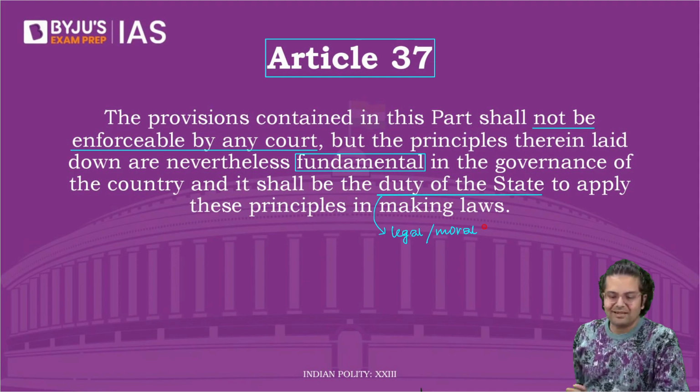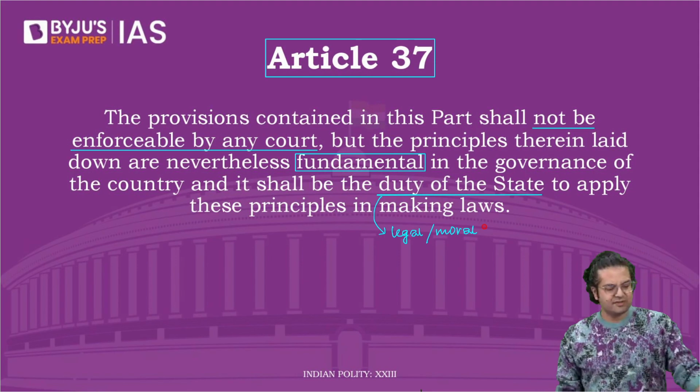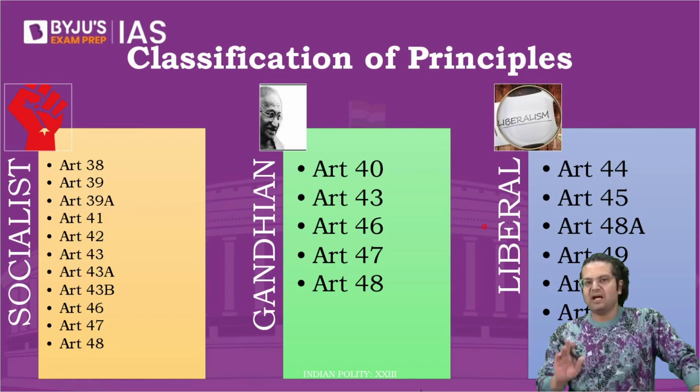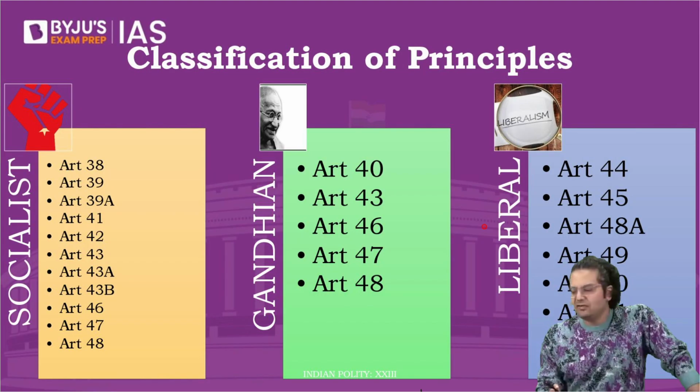Okay, that's DPSP. Now let's read these provisions, and let me tell you, there is absolutely no need to mug up the articles. It is firstly not possible. You may know the crux or content of the popular ones, which are largely in news. Beyond that, there is no point in mugging up these because it's a very, very difficult task. And we don't really see the need to mug up these as well.